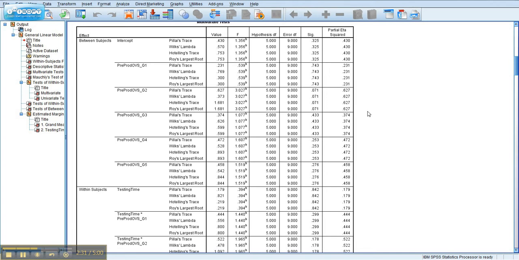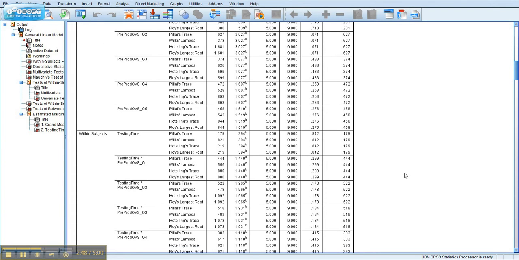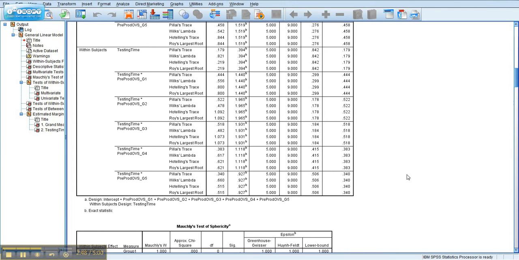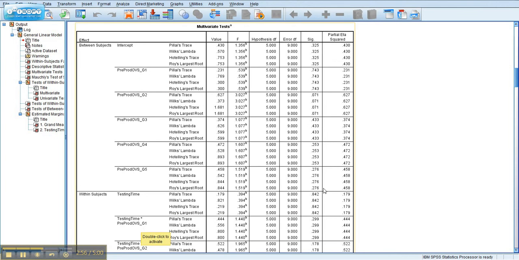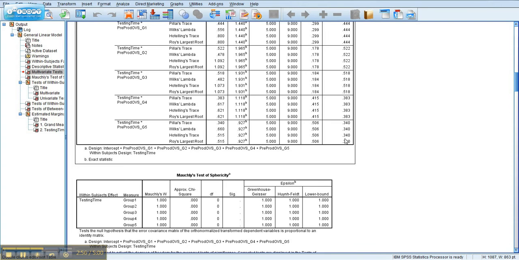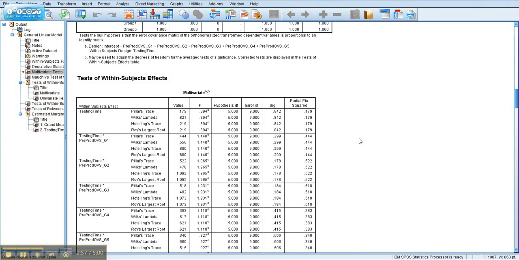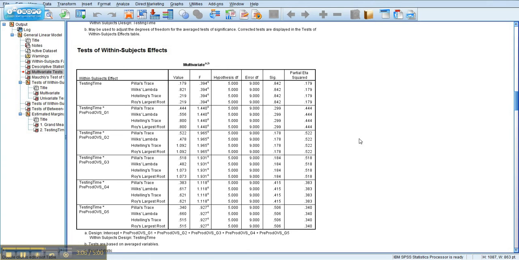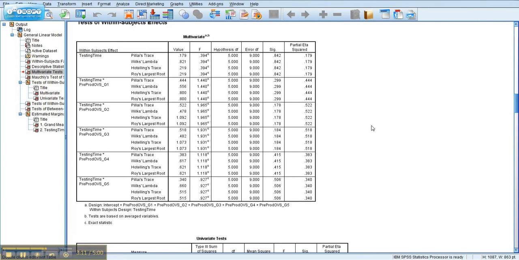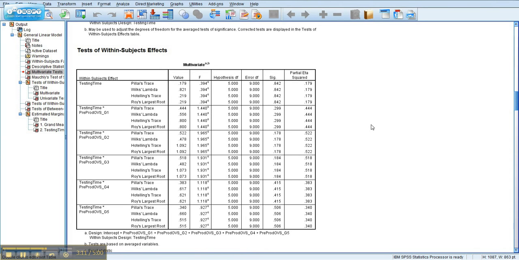So what do we see here? We see the information about the covariate. We see that it's not significant anywhere, even though the effect sizes seem to be large, but whatever, I don't know what to make out of that. And then we have the interaction between testing time and each of the groups, and we see that it's never significant either. Then we have sphericity, which I read about in Huitema's book. It doesn't really concern us because we only have one factor and one condition in these repeated measures, so we'll leave that aside. And then we get to the part that interests us, that is